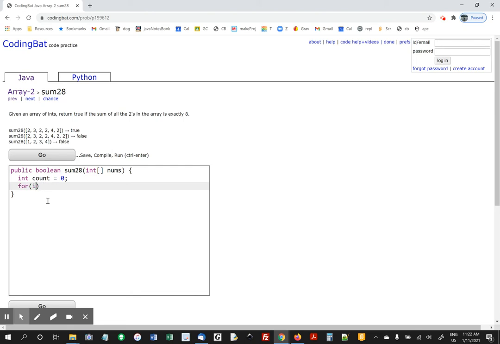Actually, I'm going to do it with a for each. So int x : nums, if x is equal to 2,